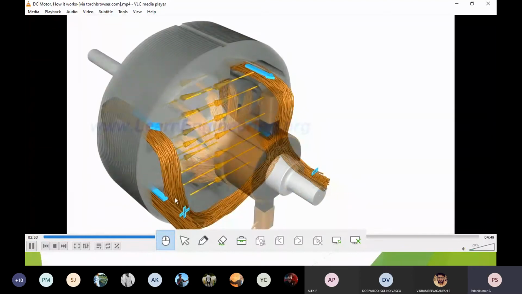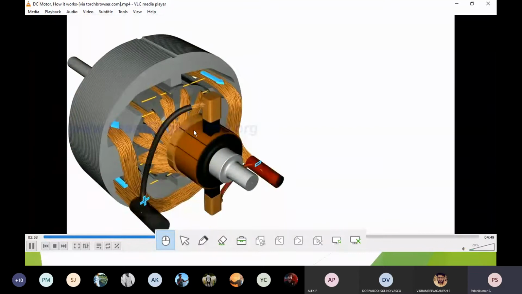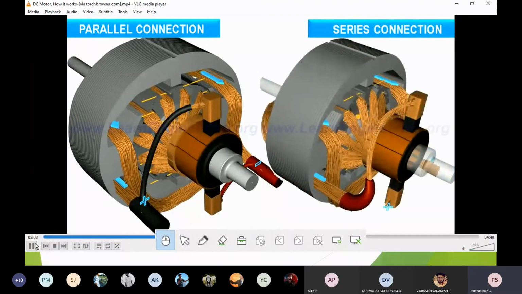So automatically, if I'm providing an electromagnet, this provides a very high strength of electromagnetic field. Now, with the same existing arrangement of commutator, I am able to get it. There are two different connections. Whenever the stator and rotor are there, they are having a parallel connection. Here, if you see, the stator coil is connected to the plus and the rotor coil is also connected to this. So the same plus only is connected to both coils.